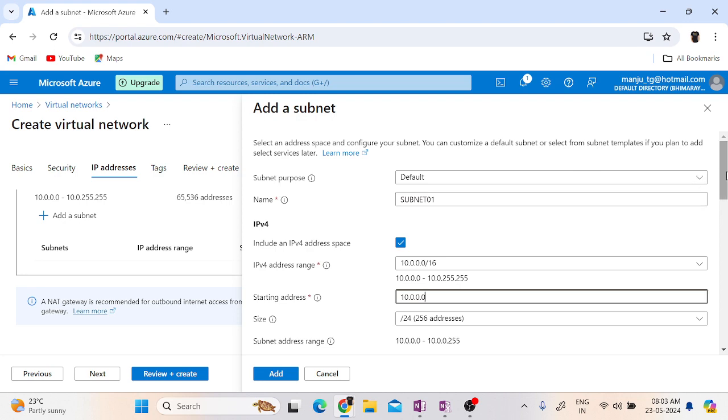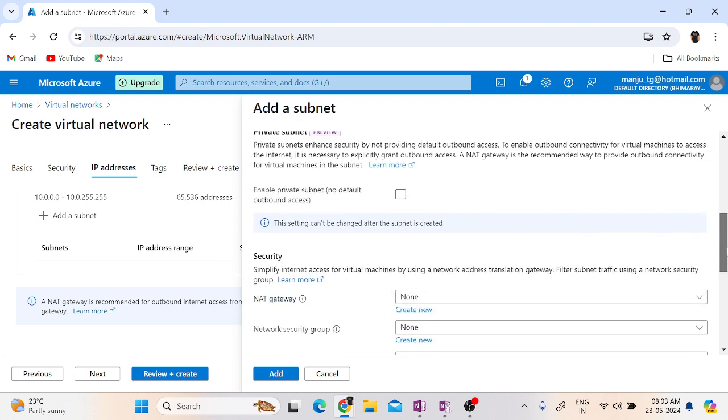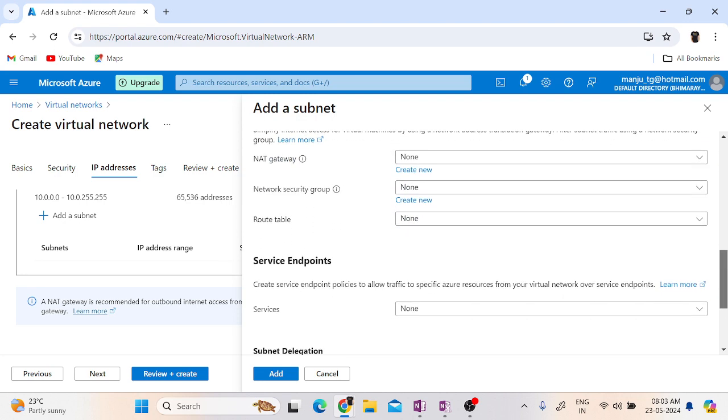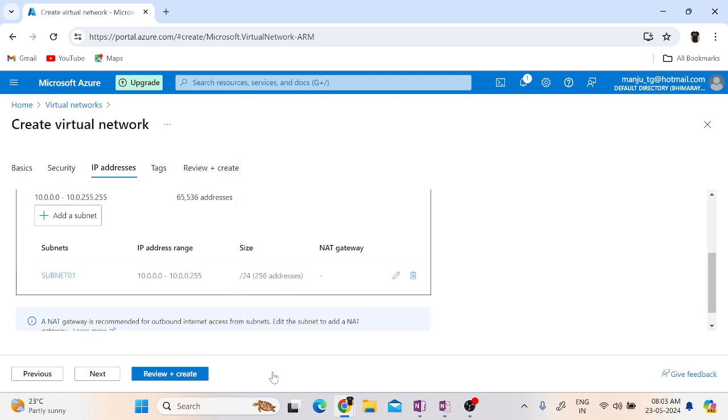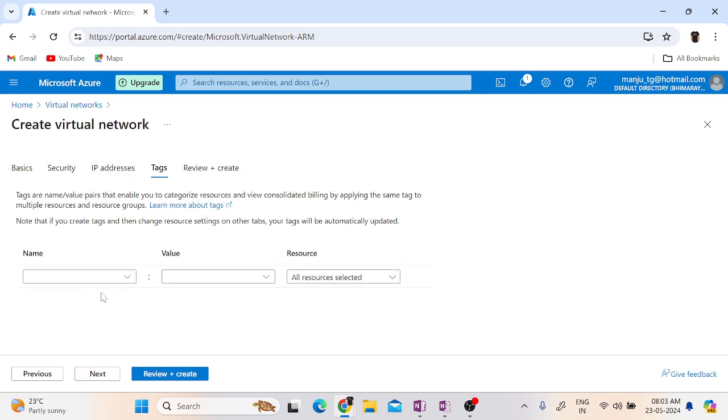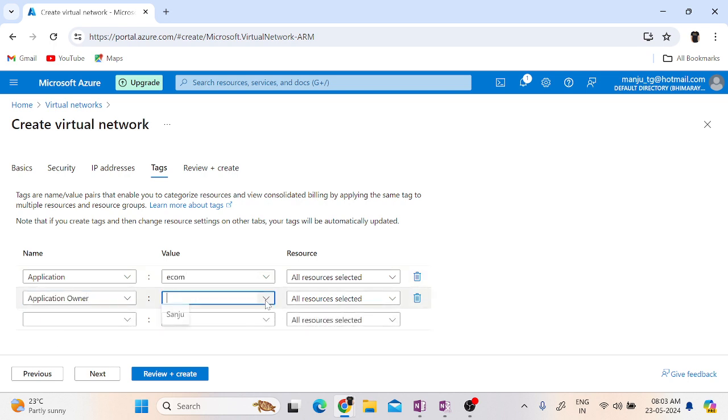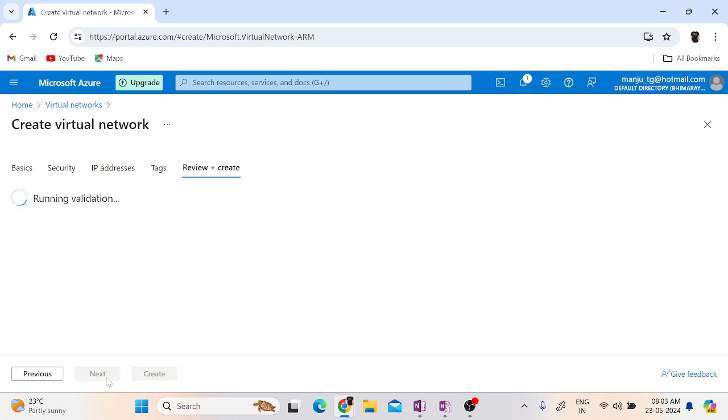Okay, so let me see any other options. I don't want to enable the NAT gateway, it's okay. So let me add this subnet, and you can see the tags. If you want to see the tags, application, select, see, this is ecom application, and application owner is Sanju. Okay, now you can say next, and you can review, and you can create the